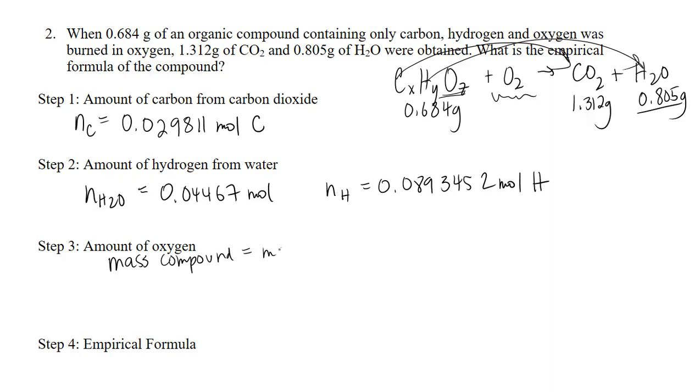is going to equal the mass of the carbon plus the mass of the hydrogen plus the mass of the oxygen in that compound. So I've got the mass of the compound, I've got the moles of carbon, so I can figure out the mass of carbon. I've got the moles of hydrogen, so I can figure out the mass of hydrogen. So I'll be able to solve for the mass of oxygen. Okay, so over here, I'm just going to show the mass of carbon separately. The mass of carbon is going to be the moles of carbon times its molar mass, okay, which is going to equal